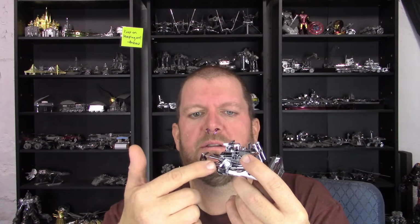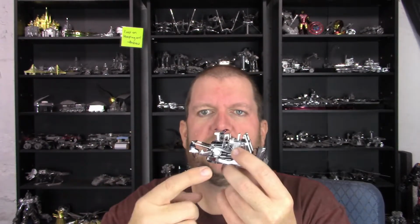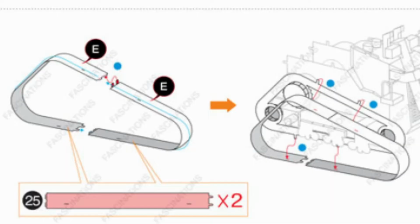You get to the part where you're putting the 2 pieces around it that makes the actual track. One thing that I didn't quite catch at first is the slots in these individual track pieces aren't down the center of parts 25. Parts 25, that's 4 of them, 2 connect together from one side, 2 connect to the other side, but the seam, if you lay them flat and look, the lines that it makes for the slots is offset. It's not in the center, and that offset should be put so it is facing away from the